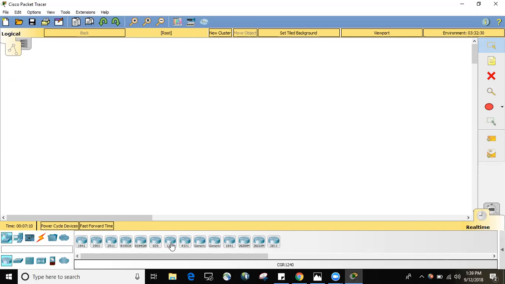And if I take any of the routers present here, I have to check whether it has inbuilt ports, or if it doesn't have any inbuilt ports, then I can just add the ports by switching off the power button of the router. Now I am going with the 2811 router. I'm taking one router and I'm taking the other router,